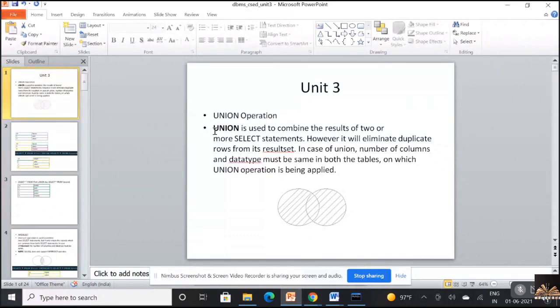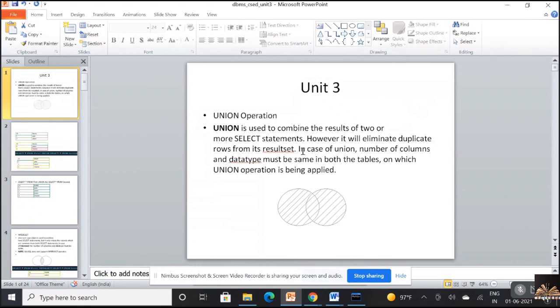Union is used to combine the results of two or more select statements, and it will eliminate duplicates from its result set. So whenever you use the union operation, the duplicates are eliminated.